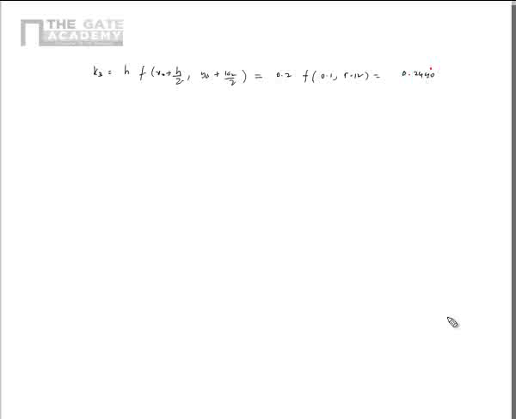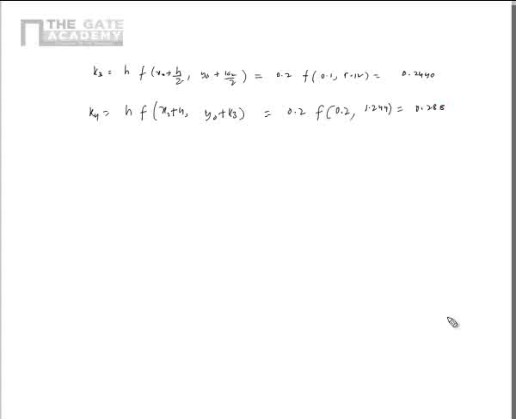So this is k3. Similarly k4: the idea is you have to remember this, x naught plus h, y naught plus k3. H is 0.2, so this becomes 0.2 comma, and if you substitute y naught is 1 and k3 is 0.244, this becomes 1.244, and this value comes out to be